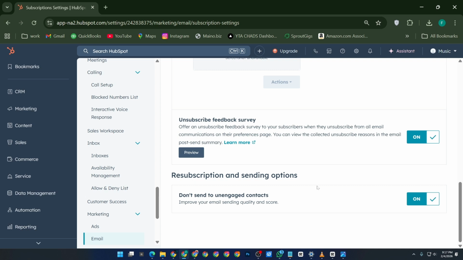By following these steps, you're giving your contacts the choice to re-engage with your emails while respecting their preferences. It's a simple but effective way to rebuild your audience and keep your email marketing strong. And that's how you resubscribe contacts to your